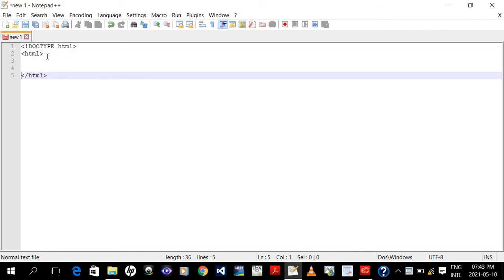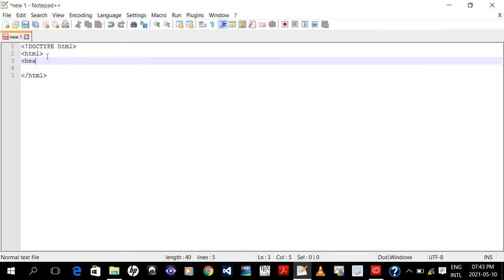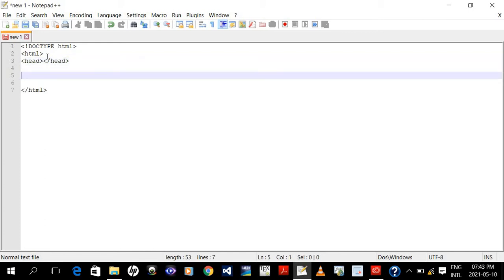So inside them, if you remember, we have head, then we go ahead and close the head tag. Then for frames, we'll be using this tag frameset. Then you are going to decide whether it's a row or a column. If it's a column, we will use cols. Then how many columns do you have? If we have 2 columns, then the other one maybe we can set it to